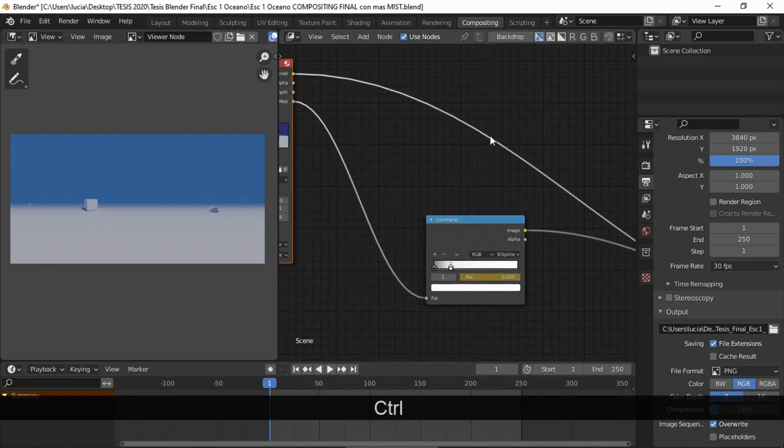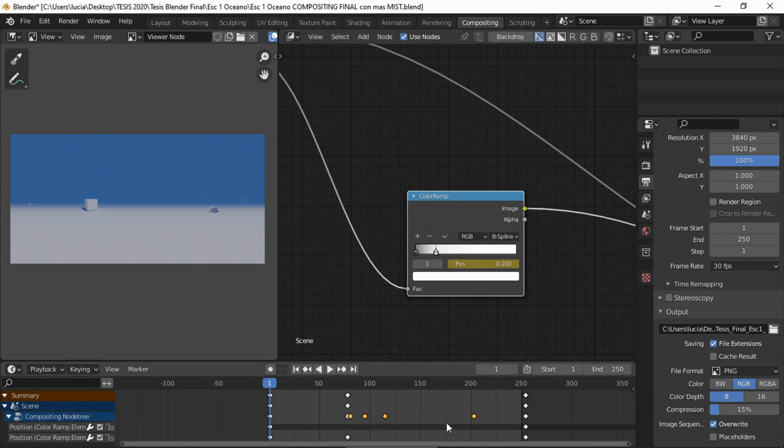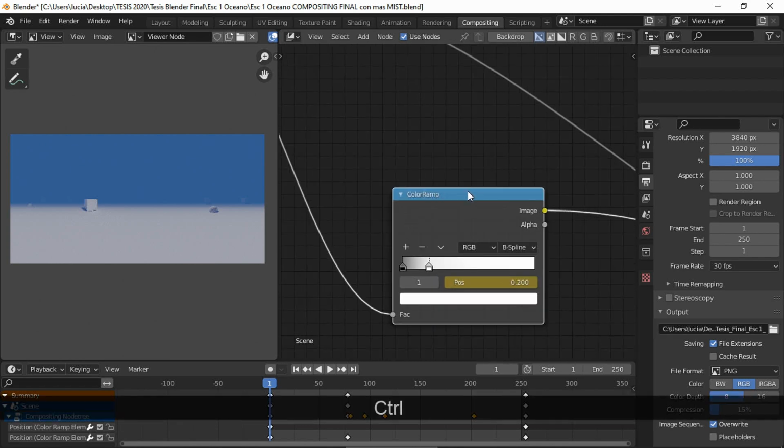Now with this color ramp we can control the mist, and of course the result will also depend on the settings we chose before we rendered this EXR file. And what I did is keyframing the color ramp's values.